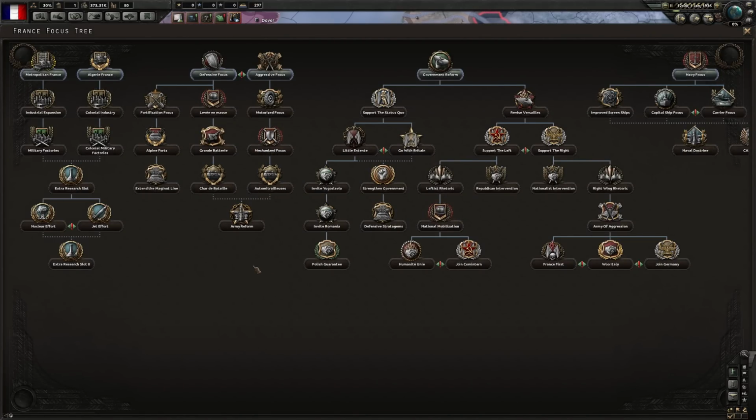As for some national focuses, here's the thing. Political power is very nice. Revise Versailles. Support the status quo. Go with Britain. Is that what we really want to do, though? Well, yeah. Strengthen government. Offensive stratagem. No. No, we want this. We definitely want this. Right here, right? Algeria, France is...